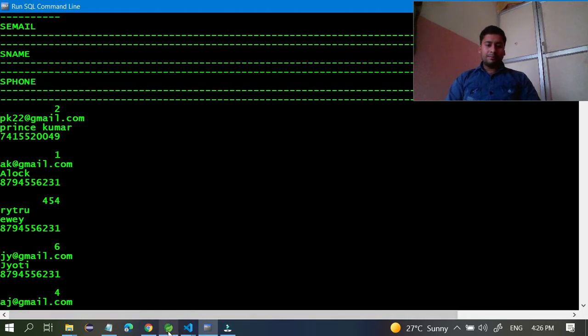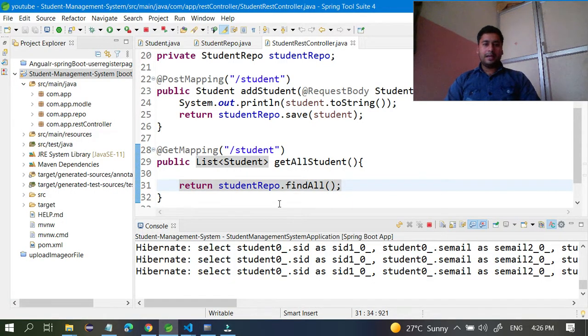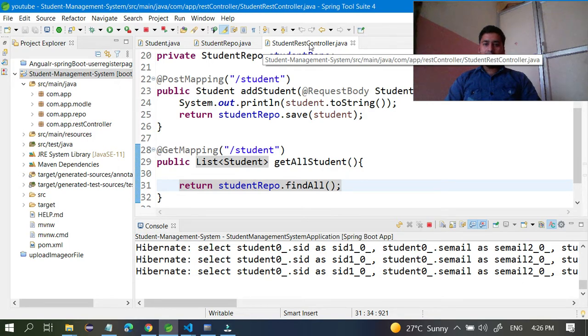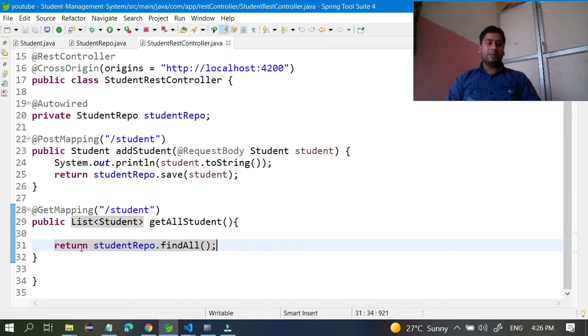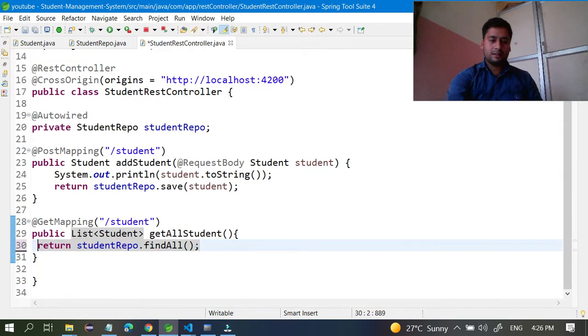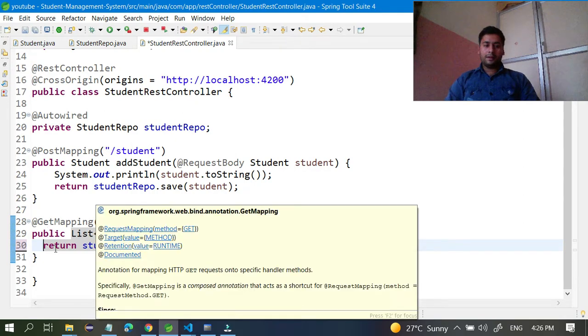For example, go to my Eclipse, and here you can see in a previous video I already developed these methods. See this, @GetMapping for student, and this is the PostMapping. So you can keep both URLs the same, but the method is different.